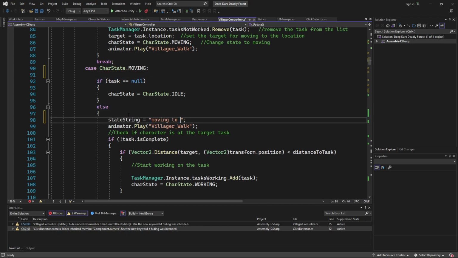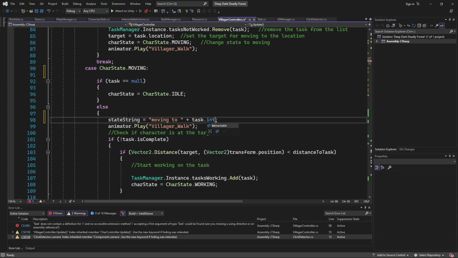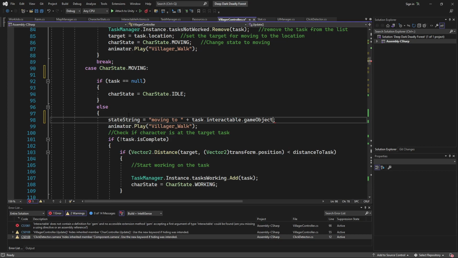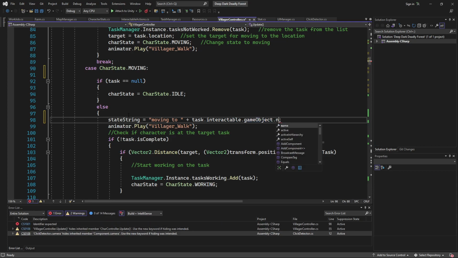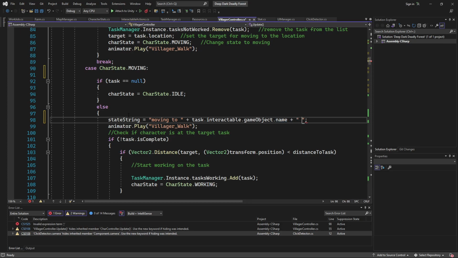Moving to plus task.interactable game object name, plus